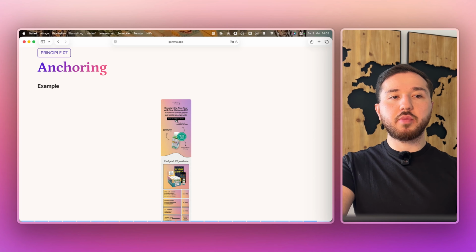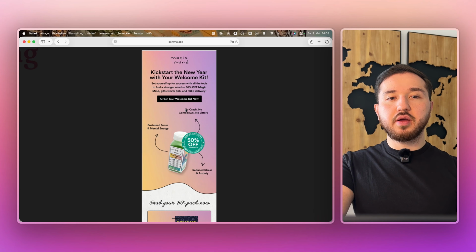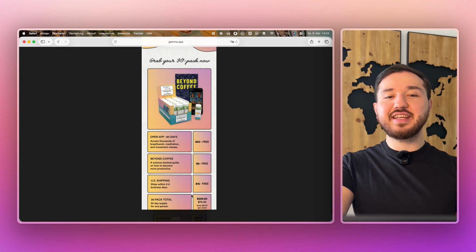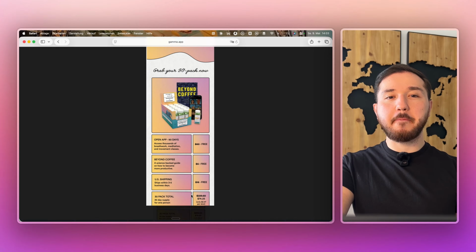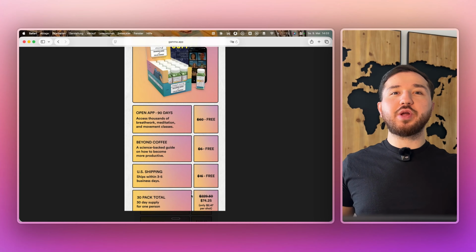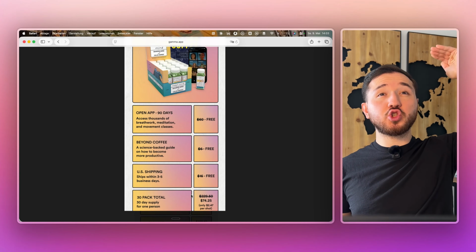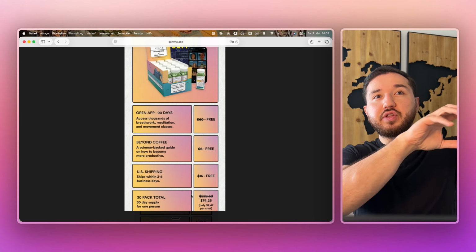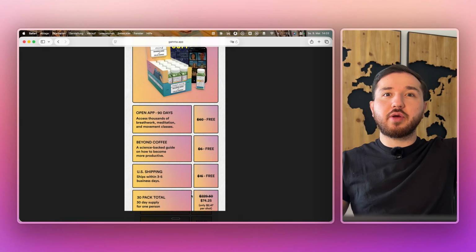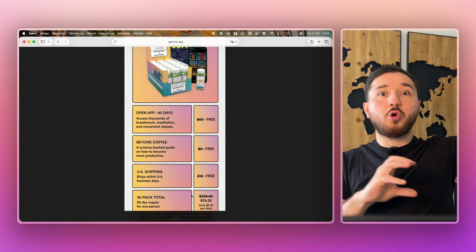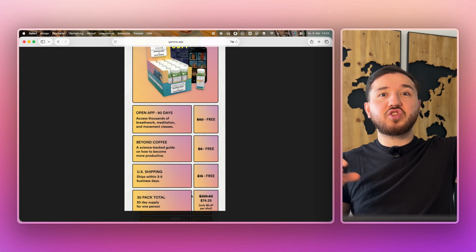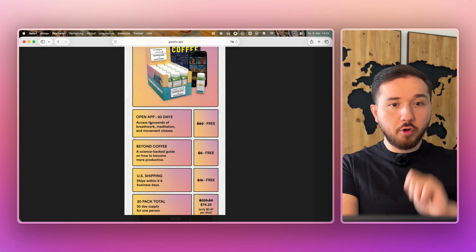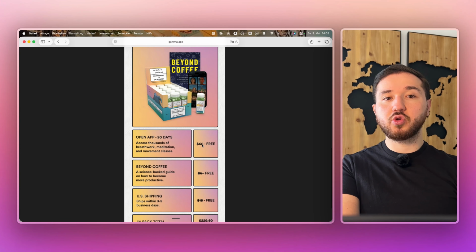So here's a great email from Magic Mind. And what you can see here is this section. And this section is just absolutely amazing, because what you want to do when you anchor something is to show them a super, super high price and then show them, but you get this free, this free, this free, this free, and this is how much each one of them is worth. So now you're only paying this, which means you're just paying this per shot. And this is what they're doing here, because they have this open app, 90 days, which would normally cost $60,